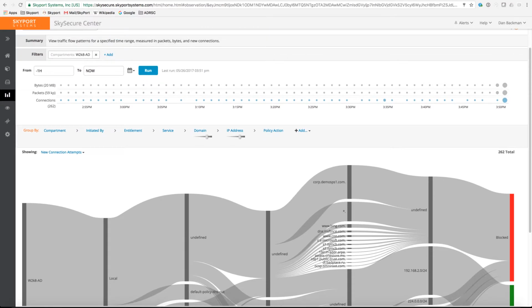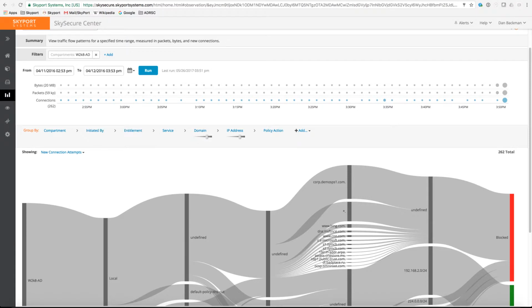Now, this is a view of all the traffic that's happened in the past hour. But because the cloud-based management service also allows us a tremendous amount of scale, we can go back in time. I'm going to go back in time more than a year ago. Let's pick April 11th through April 12th, 2016. And what this is going to do is actually pull up a record of every communication this system had.